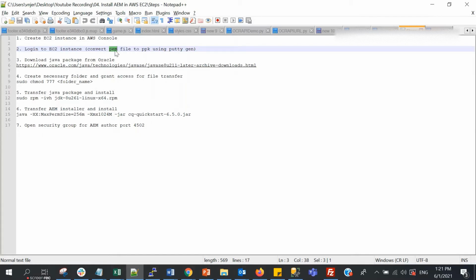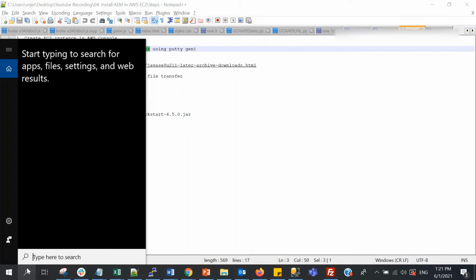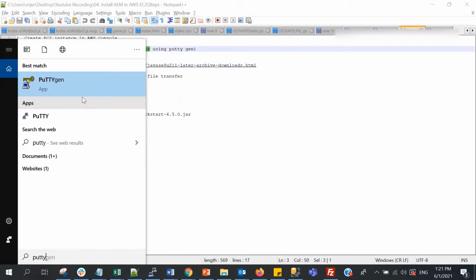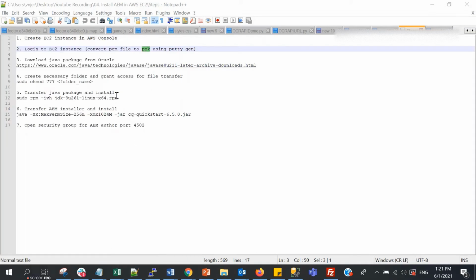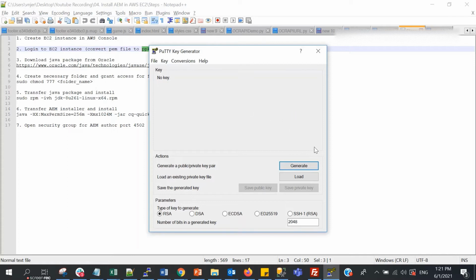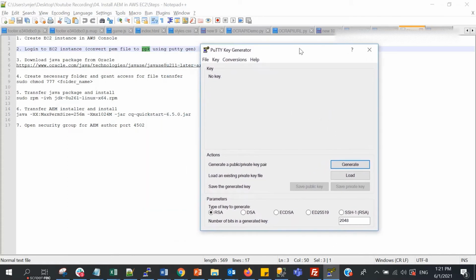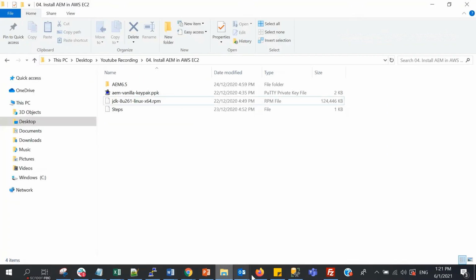So to convert from PEM file to PPK, we can use PuTTYgen. You can install this tool, PuTTYgen. This one can convert the key pair from PEM to PPK. So you can load here and then later save private key. Then you will get the PPK. For this case, I already have, so I already converted to PPK.